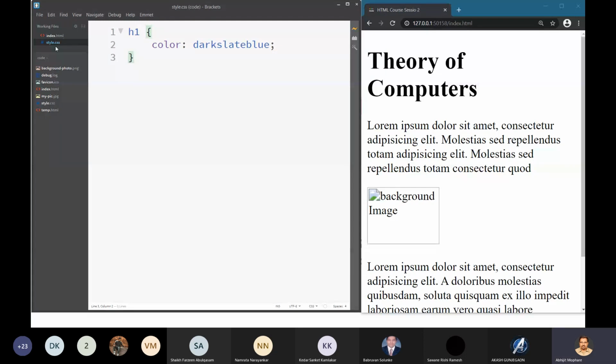How will the browser come to know? It will not scan the entire directory of yours, and it may find several CSS files, because it is quite obvious that several HTML documents will have different CSS files, right? So which CSS file to apply? You have to tell it specifically, right? So how to tell? Now we know how to instruct the browser.